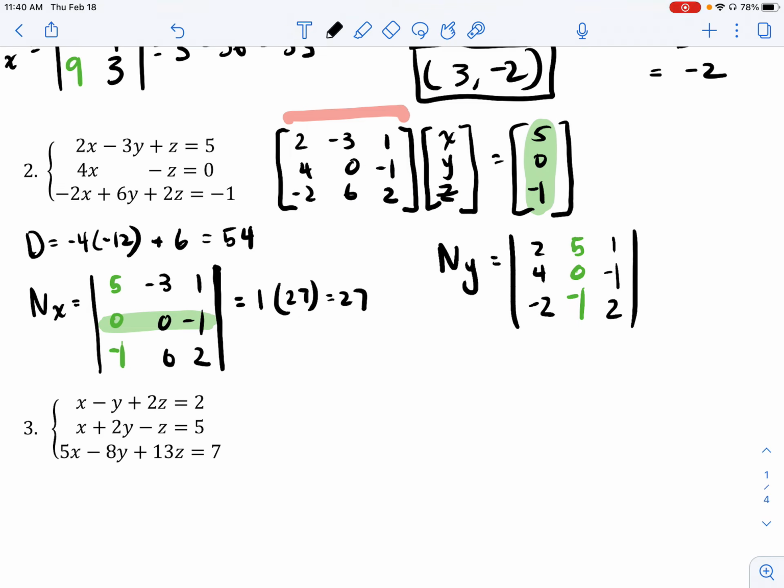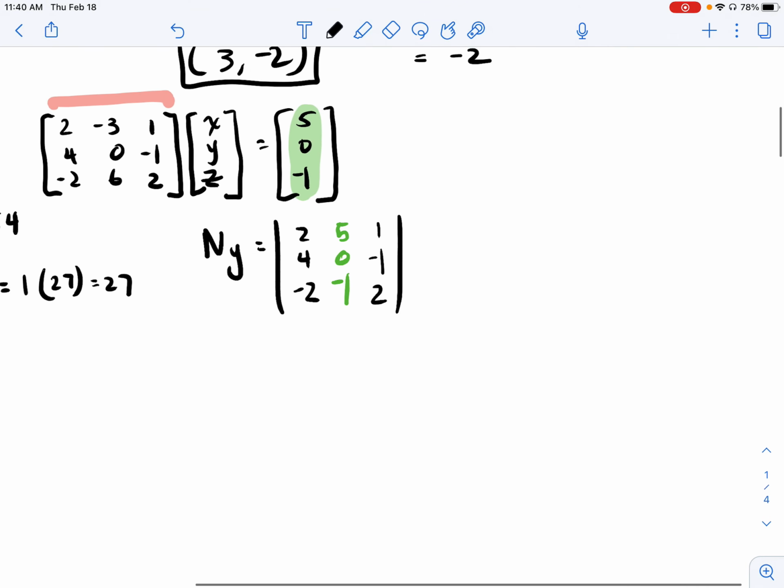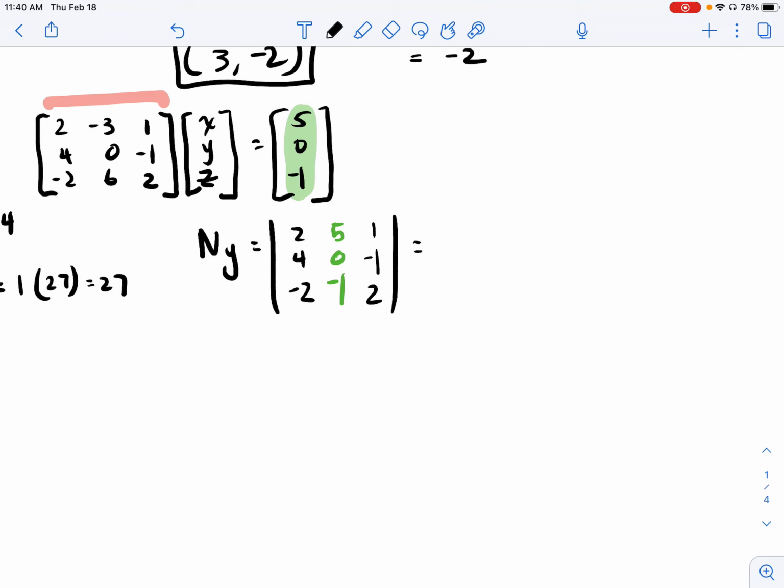And finding the determinant of this matrix, let's go with row 2 again. So I'm going to say -4 times 11 plus, since we can skip over the 0, plus 1 times 8, and we get -36. Finally, let's do n sub z,